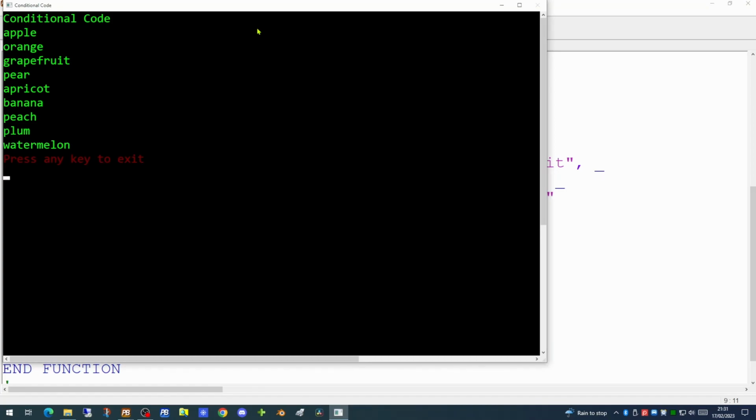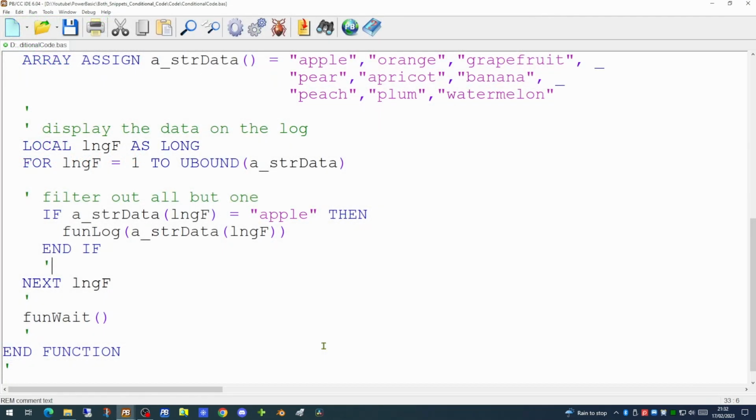What we're going to do now is a bit of conditional code to decide which of these elements we're actually going to display. So we're going to use the IF command to test the element we're currently looking at. We're testing to see if the string held within this element equals the value of apple. If it does, then we will print out to our log.